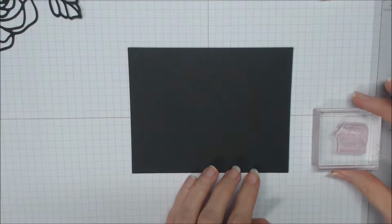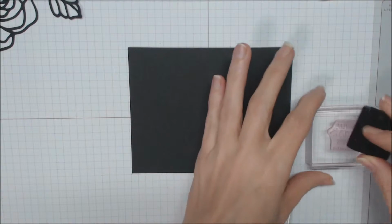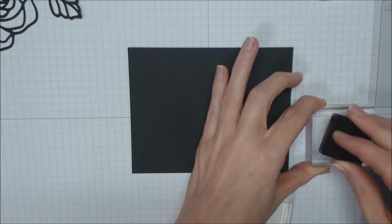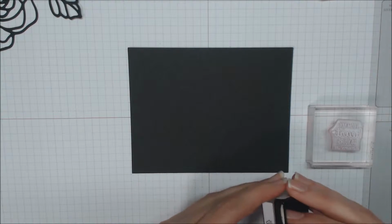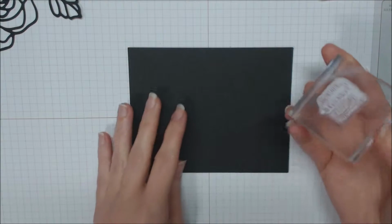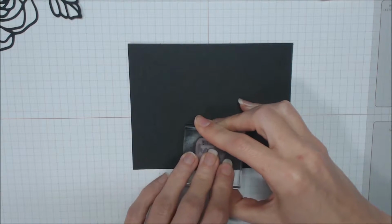To begin the creation of this card, we're going to stamp From My Heart to Yours from the Better Than Email stamp set. I'm using some white craft ink. I have a Stampin' Spot that I got from Paper Pumpkin. I really enjoy Paper Pumpkin. You'll see I'll use another item from Paper Pumpkin. It's definitely worth the subscription for all the projects you make and the items you get to keep and use